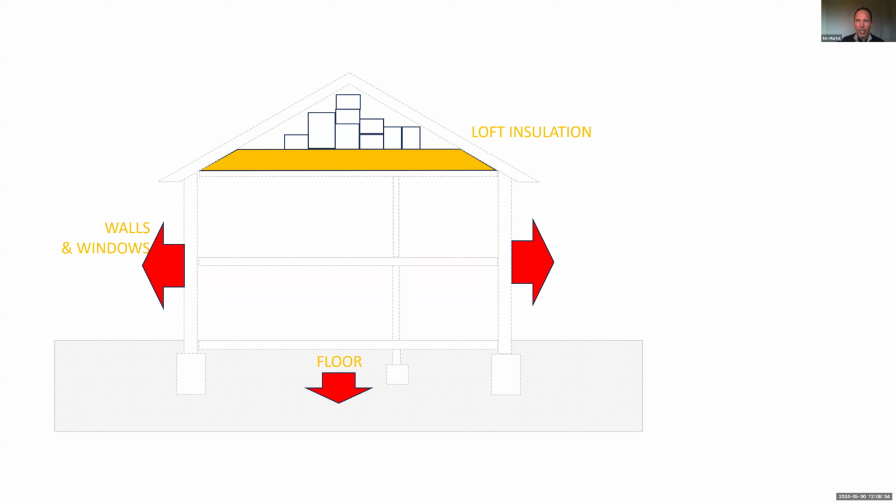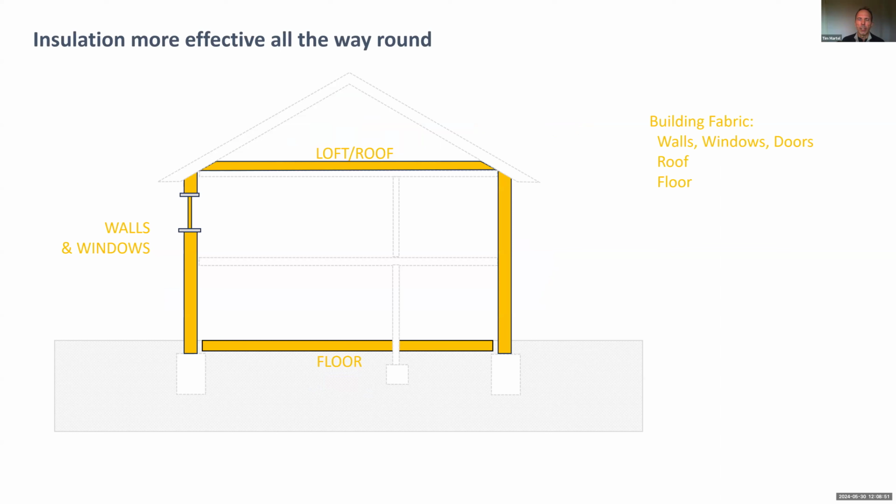but you're still going to get a fair amount of heat loss through the walls and the floor, and that is a bit of a problem because it means that you're not actually going to get a huge amount of improvement, even though for that part you're obviously going to lose a lot less heat. So what I'm saying is insulation is more effective if you have it all the way around, and that's where a whole house plan, a whole strategy, will come in, because what the AECB is talking about is having an energy target which requires you to have roof insulation, wall insulation, maybe floor insulation,